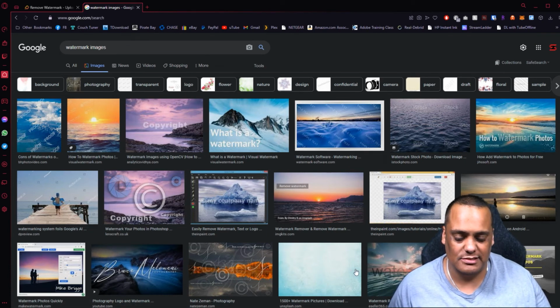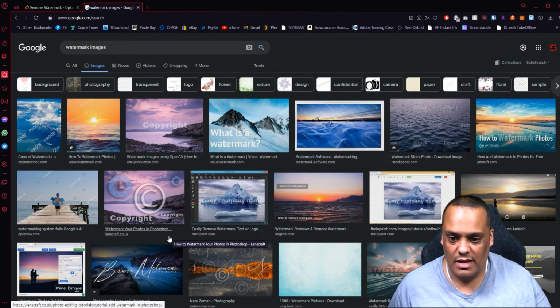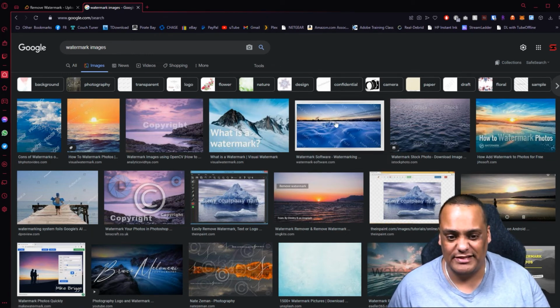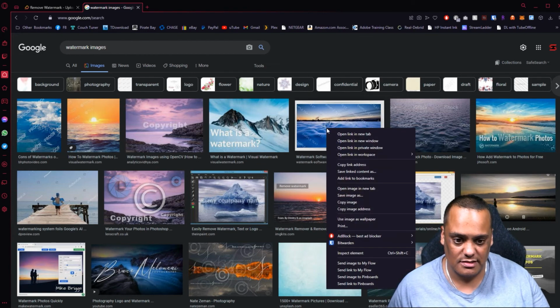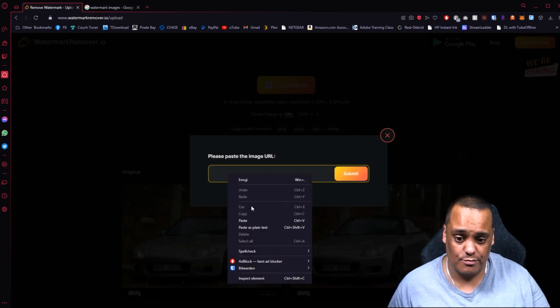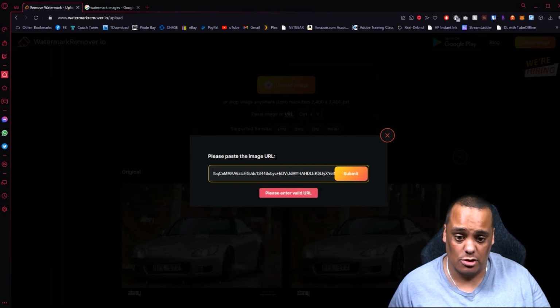All right, so I'm gonna make it simple. I like this one right here because there's a lot of text and it looks very detailed. So I'm gonna right click on this and click on copy image address. And then once you copy it, you wanna go back to the website and paste it in here. So once we paste it here, it's gonna load it and then hit submit. Also, it says it's not a valid